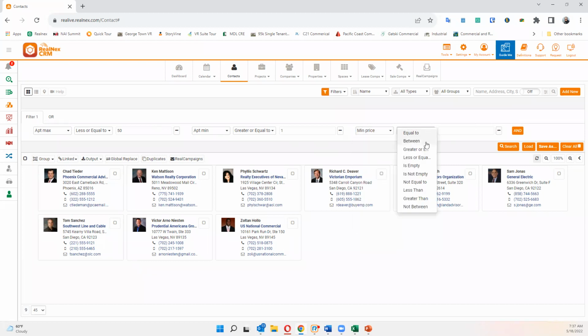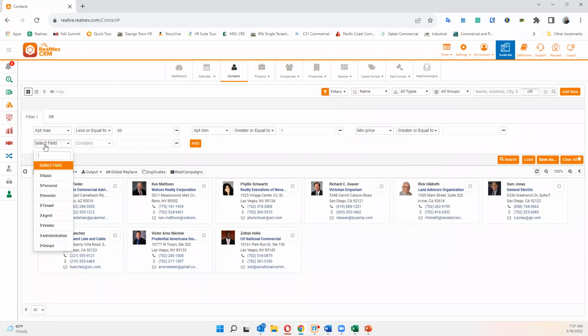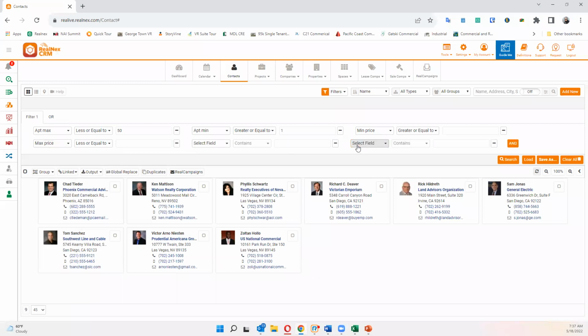Maybe I want to say between, or maybe I want to say is greater than or equal to, and then their maximum price, maybe I type in max, the max price, and then I'm going to probably say less than or equal to. And if I want to say there's a certain cap range they're looking for, anything else, I can drill down that information so I can really fine tune and narrow that. If it's something that I use quite often, this is a filter that I use all the time, you can do a couple things. One is you can leave the information in. Two, you can leave that information blank, and you can come over to the right-hand side